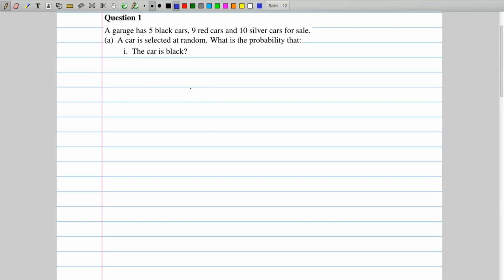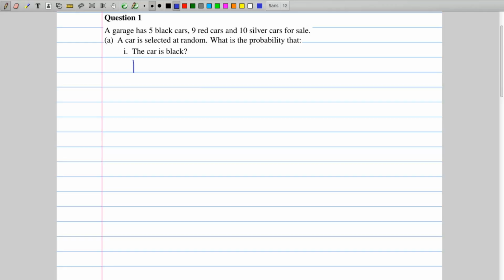Today we're going through 2014 paper 2 and we're going to go through question 1, which is all about probability. We're told about this garage that has 5 black cars, 9 red cars and 10 silver cars for sale. The first question we're asked is, when a car is selected at random, what's the probability that that car is